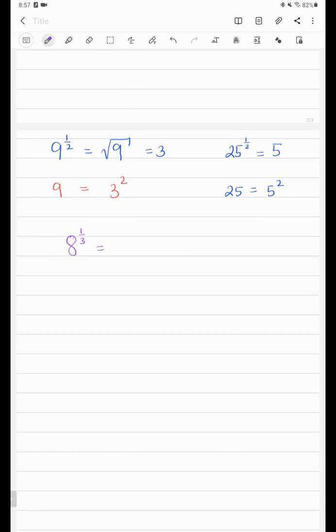Yes. So now do you understand how we came to this conclusion? Because we said that if the exponent is a fraction, then we're talking about that many times the root. So it's the third root, or you can say the cube root of 8, and the cube root of 8 is 2. Is it clear, Veer? Yes, ma'am, clear.